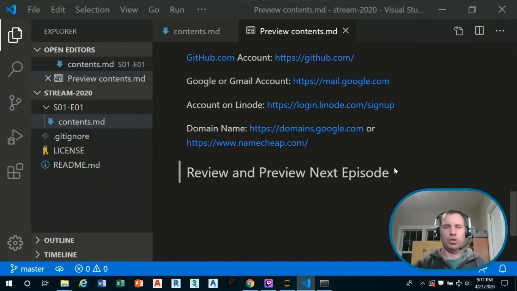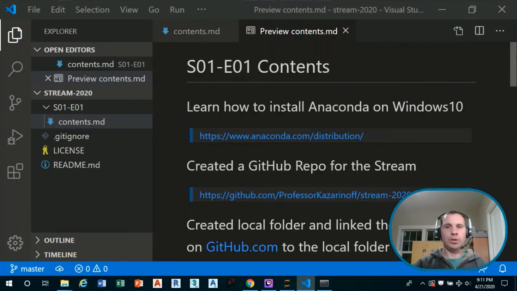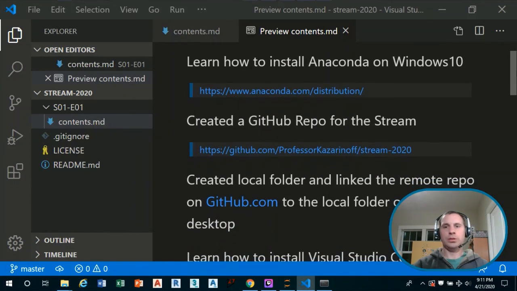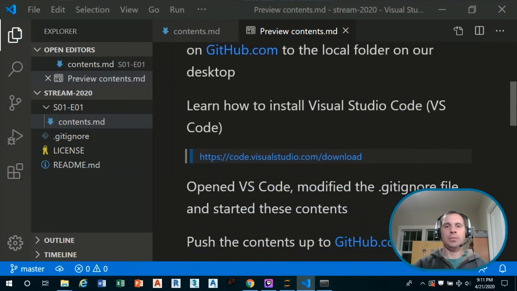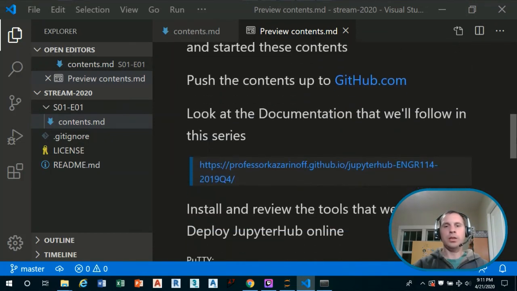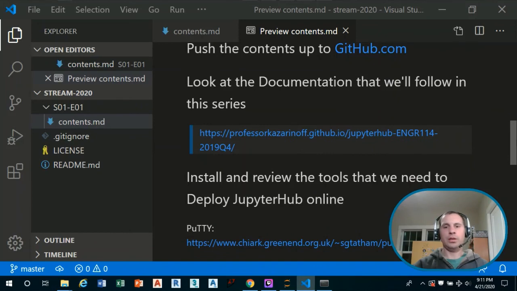Next week, Tuesday, 8:30 is when the next stream will be, 8:30 Pacific. So we looked at how to install Anaconda, how to create a repo on GitHub, and then how to install VS Code. Then we modified a file in VS Code and pushed those changes up.